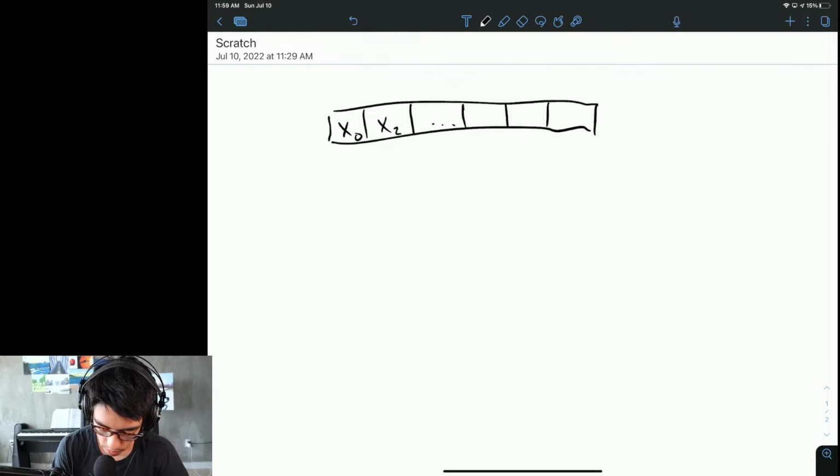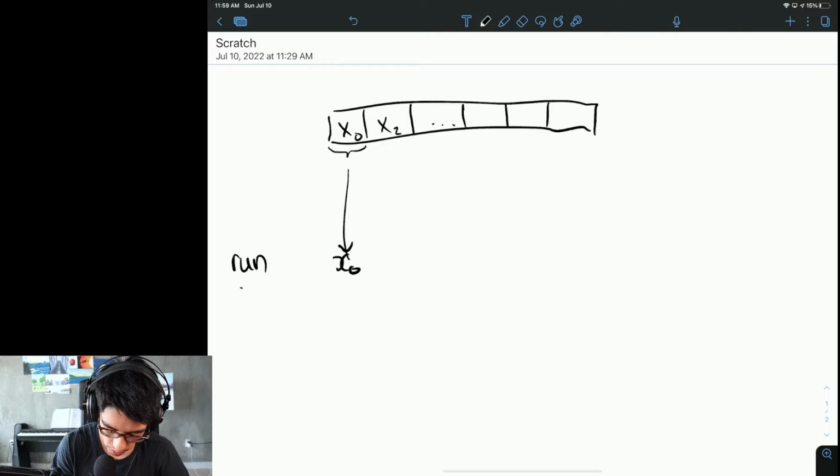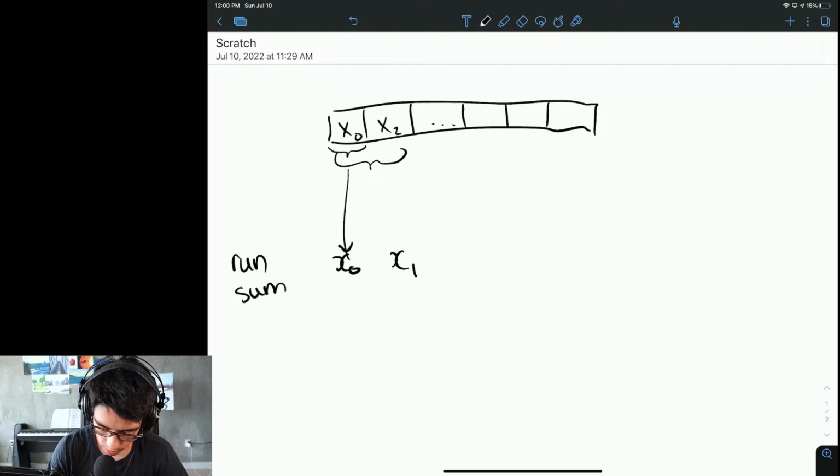And what we want is the sum where this is equal to this, and then if this is the running sum, then x1 is equal to this, right? And so forth.